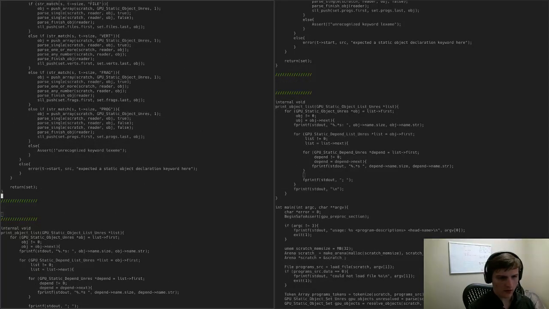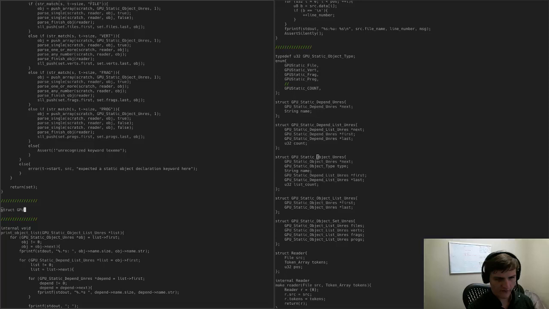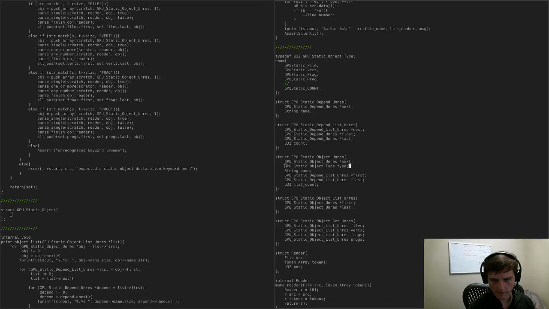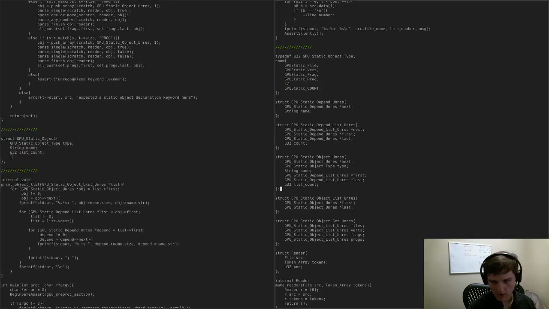Alright, now this is going to be the way I want the objects to actually be laid out in memory. So the way object unres looks now is not the way I want the final one. Static object is going to look like this. He's going to have a type. He's going to have a name. That stays the same. But he's not going to have any of this. What he's going to have is a list count and